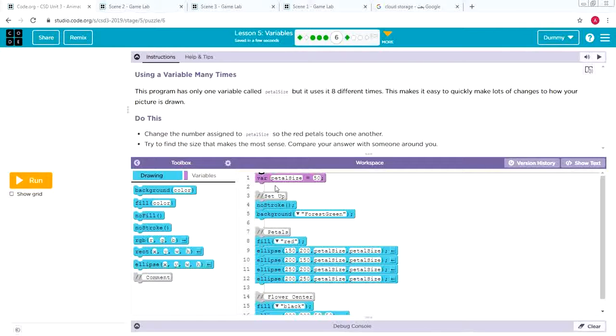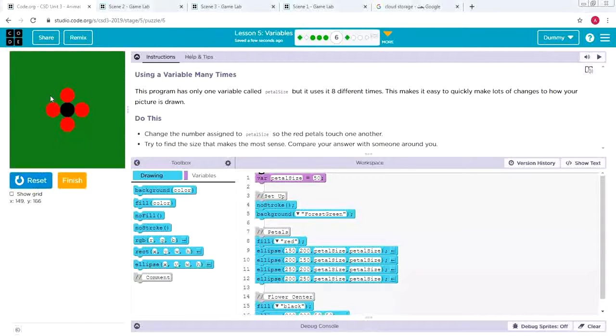Okay, here he used the petal size اللي هو هنا variable أول واحد. He used it at like 8 different times, to replace the value of H and W for 1, 2, 3, 4 ellipses. Okay. Change the number assigned to the variable petal size so that radial petals touch one another. If we click run, okay, here we have the 4 circles. ال H وال W بتاعتهم أو ال height وال width بتاعهم معمول replacing بالvariable اللي اسمه petal size. تفتكري يا ليلي ممكن نعمل إيه؟